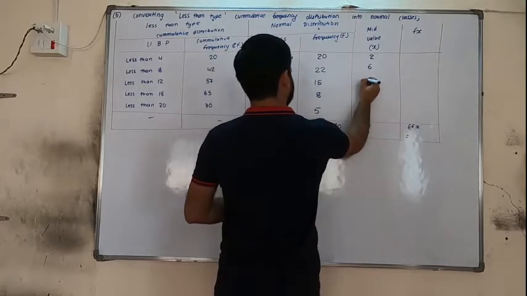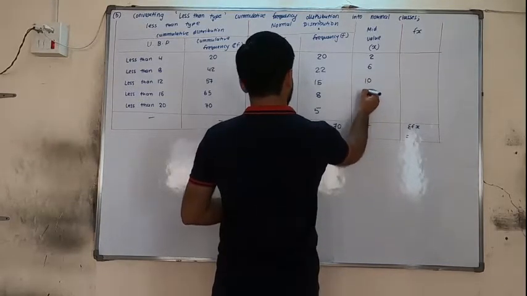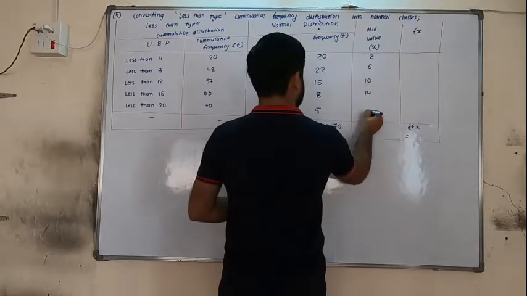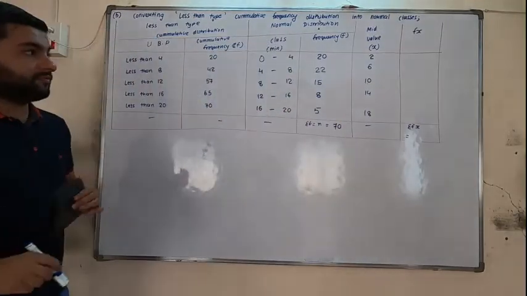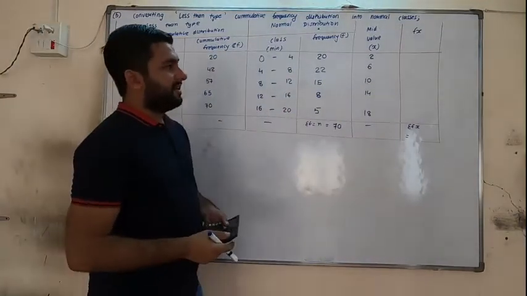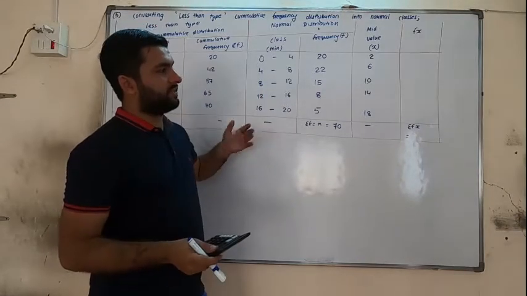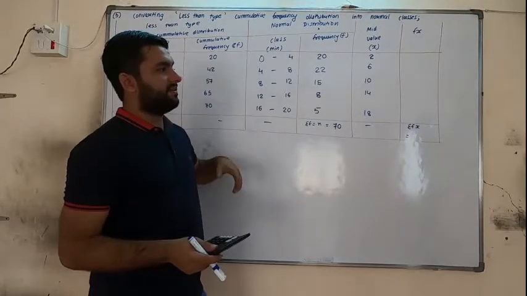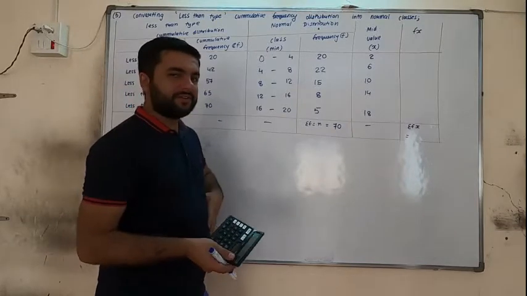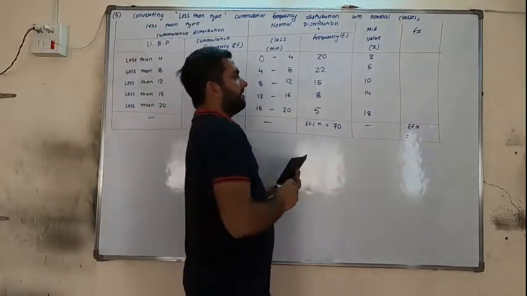6, 10, 14, 18. You can do it with your calculators also, but here the difference is only 4. So 2, then plus 4 is 6, 6 plus 4 is 10, 10 plus 4 is 14, 14 plus 4 is 18. You can do it like that also. Now fx,